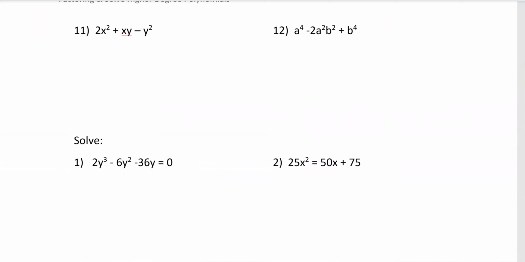Okay, number 11 and 12. You'll notice that the third term is now a squared, a variable squared, different than what we've seen before. But if we approach factoring number 11 as if it were 2x squared plus x minus 1, and we need the factors of -2 that add to 1, and we factor this,